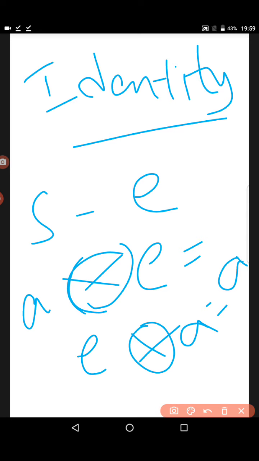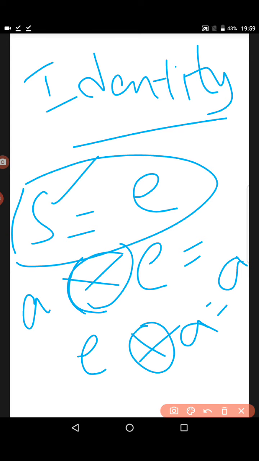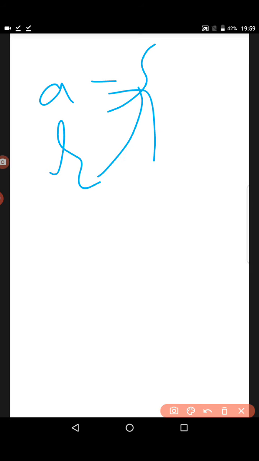You know, check it once, then you will understand it. See, here we have 2 elements. This is the group, this is the element E. So when you do some operation with A, A operation E should be equal to E operation A, and both should be equal to A. And for all A in S, then R, one more letter, is the identity of S, with respect to the operation.